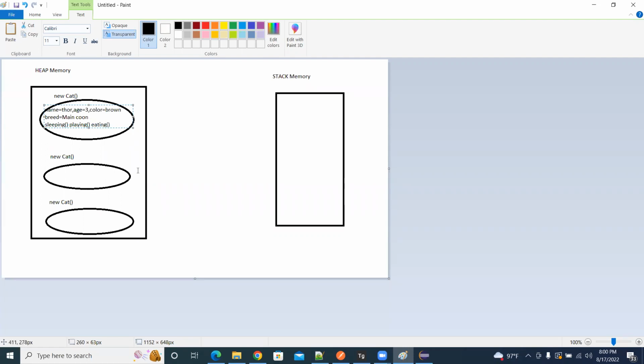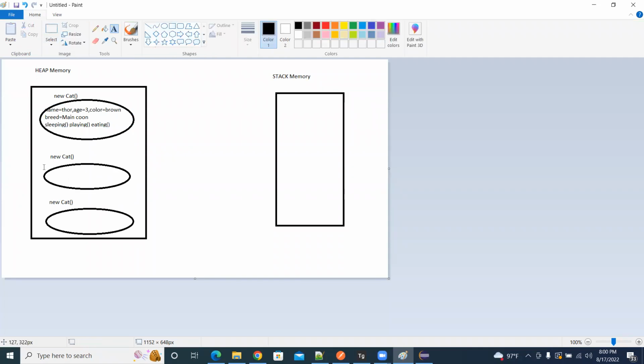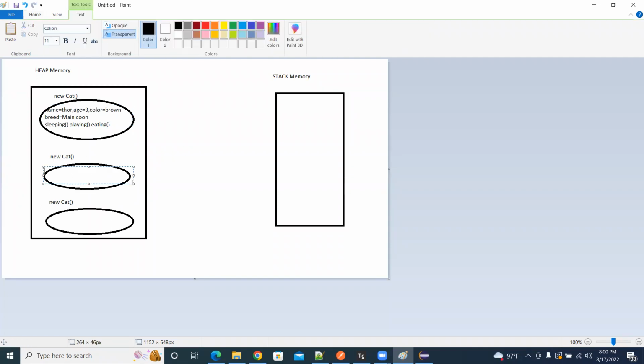Every object has the same copy of the methods, but the instance variable data will change. For the other object, the name will be Rambo, and the age is different, the color is different, I think white, and the breed is different. Each object has the same instance variables placed in its memory,